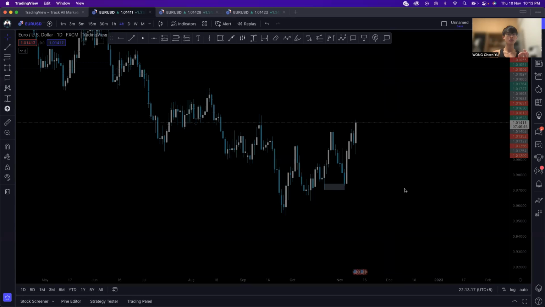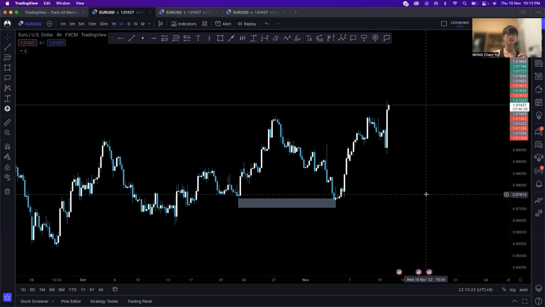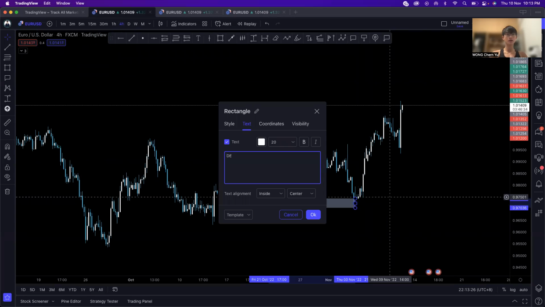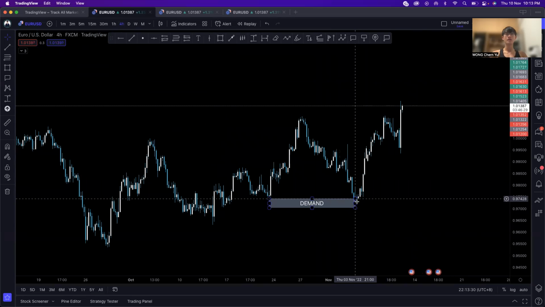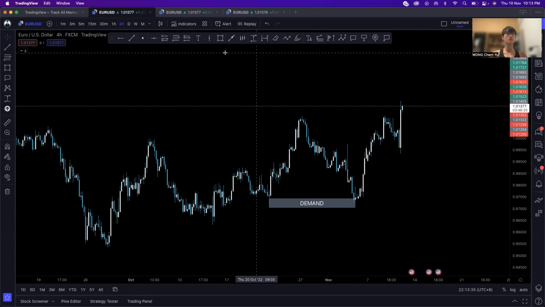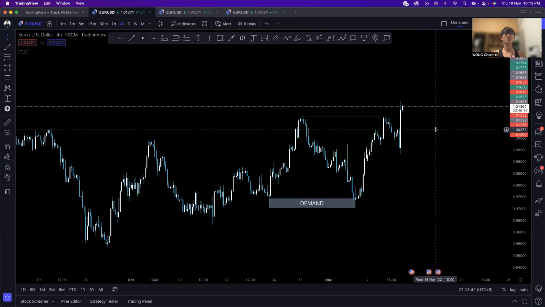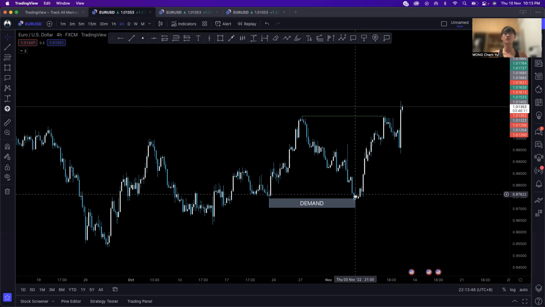Let's give it a little sec. Okay, we are at the 4-hour time frame right now. We can see price respecting this bottom demand zone. Let me mark it out. Demand. You see price respecting it, and this demand zone led to a breakout structure, which is this breakout structure over here, marked by my green line. Yes, so price is very, very bullish, and for the entire week, ever since the 3rd of November, even last week,